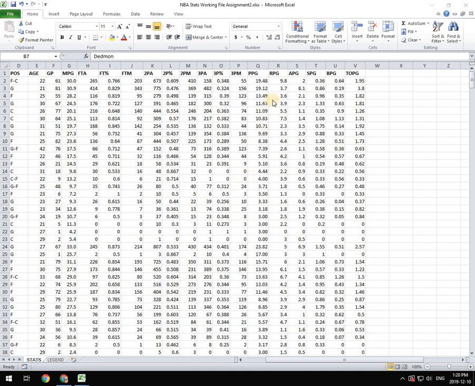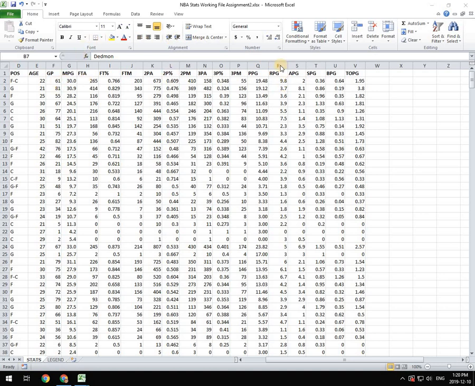Like in the last assignment, we're going to be creating some data from some data that's already in the table by looking at the games played, except this time we're going to be looking at some defensive data. So we're going to be looking at our rebounds and our steals and blocks, as well as turnovers per game. We're going to calculate totals by looking at how many they get per game and then multiplying that by the